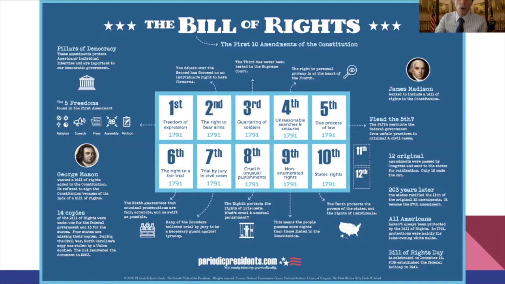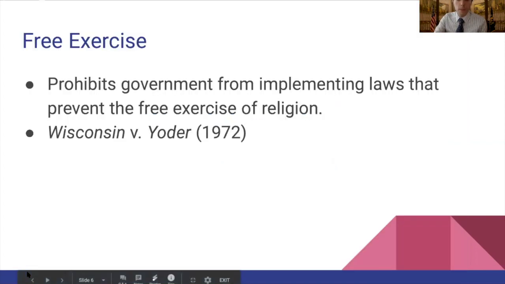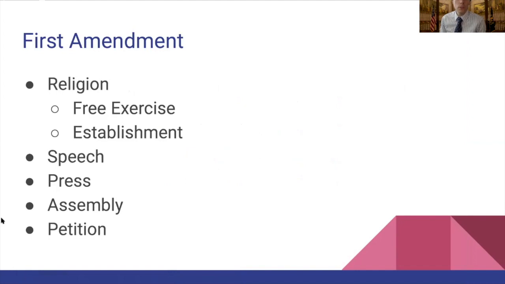Which brings us to our First Amendment, which has the 5 core freedoms, right? So we have freedom of religion, speech, press, assembly, and petition. So under religion is the free exercise clause and the establishment clause. So the notion that Congress can make no law prohibiting or inhibiting the free exercise of religion, which is more of an individual right, and then the prevention, blocking Congress from taking action that relates to the establishment of religion, that shows a preference for religion. And so we'll look at each of these